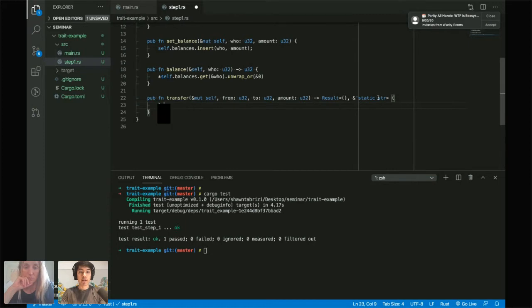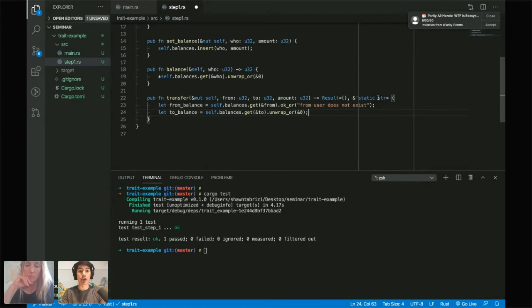I'm going to get the from balance equals self.balances.get(&from).ok_or("from user does not exist"), right? So this is basically getting the one user's balance. Then let to balance equals self.balances.get(to).unwrap_or(0), same thing as before.